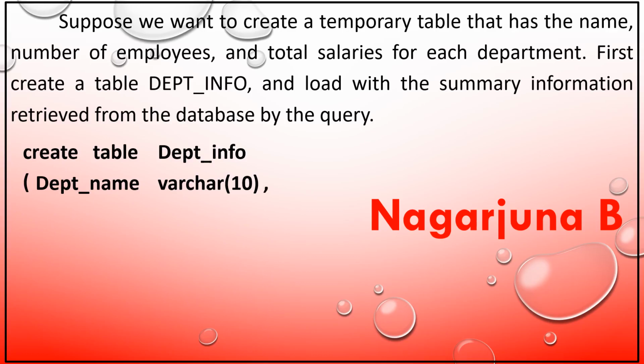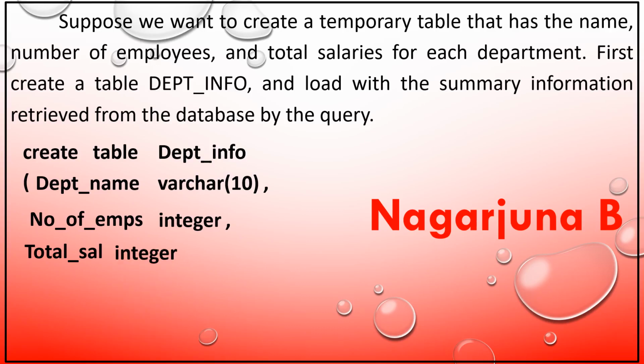Then the next attribute, NO_OF_EMPS, that is the number of employees, one single space, data type as integer, comma. The third attribute I will specify as TOTAL_SAL, that is the total salary for each department, one single space,